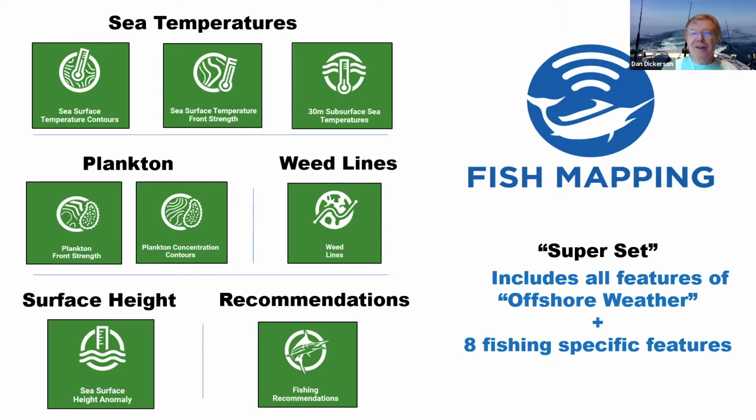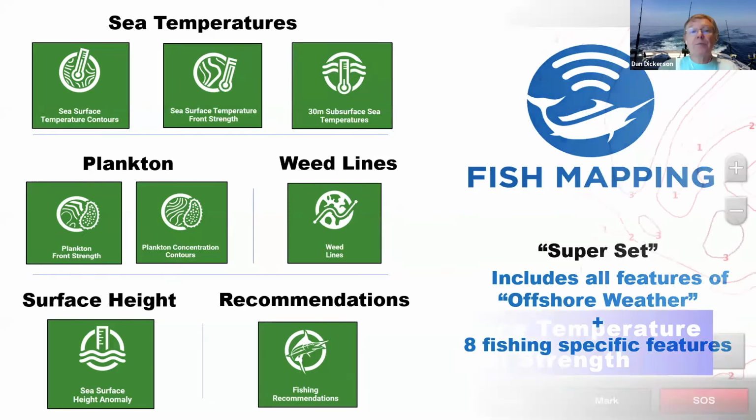And surface height anomaly, that's upwellings and downwellings. If you get on an upwelling or you get between an upwelling and downwelling where that vertical current is happening. And then lastly, actual recommendations. We've got the oceanographers, they're going in and they're looking at all of the conditions. And they're saying X marks the spot and giving you a spot to go to for a specific species. So that's